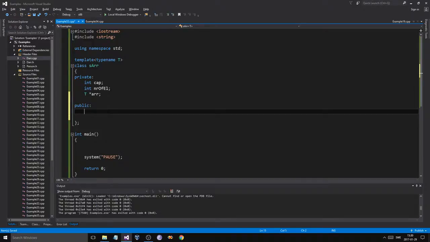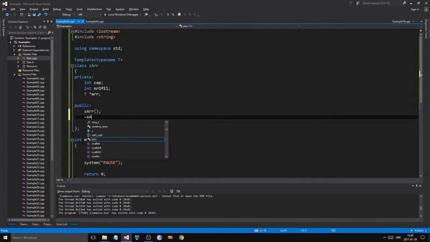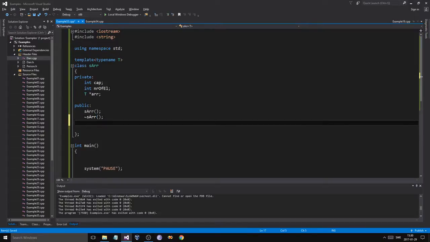What are we gonna need? We need a sArray constructor, a sArray destructor. We need an add function, void add. Here as well, since we're adding T values, we're not adding any specific value, we're gonna use T. So const T